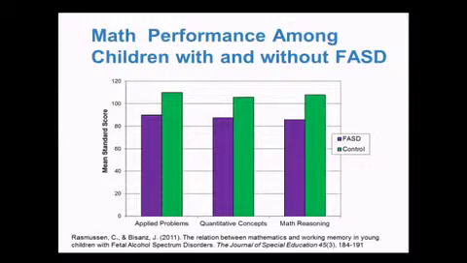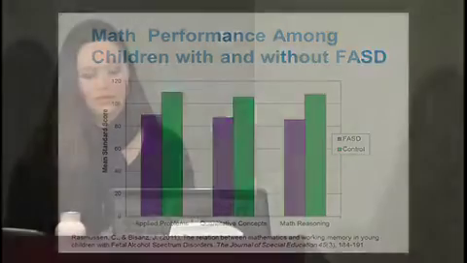And we looked at different types of math. The first one is applied problems. This was solving very basic math problems. The older children may actually be doing some adding and subtracting. The younger children may be just doing some counting. And then quantitative concepts gets more at understanding the conceptual side of math, so understanding different math symbols and formulas. And then math reasoning was an overall composite of those two. So this isn't really anything new. Yes, they're having difficulty in math relative to controls, but more importantly, what we looked at is how did working